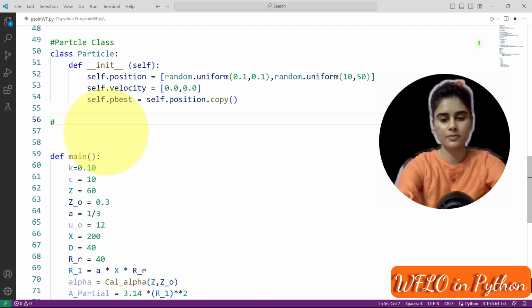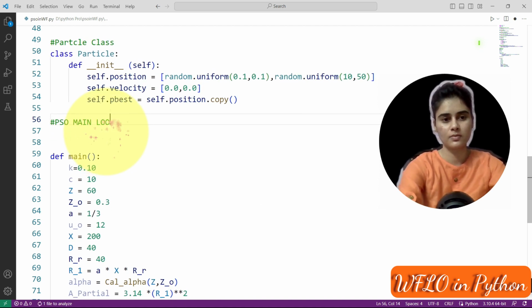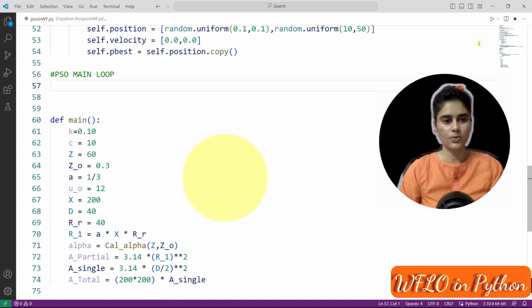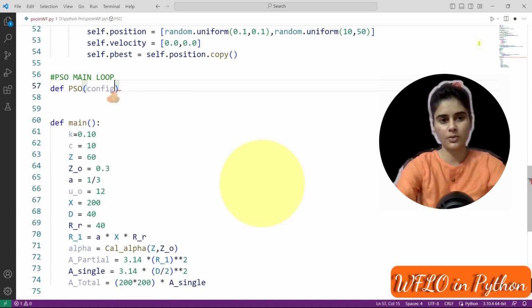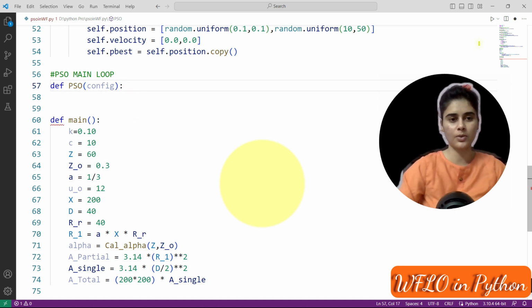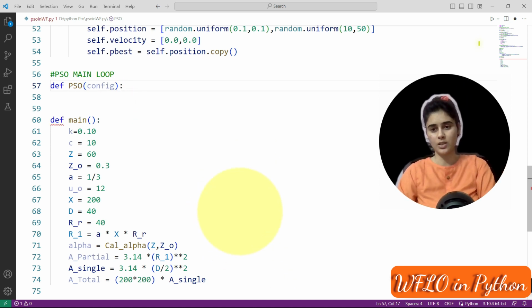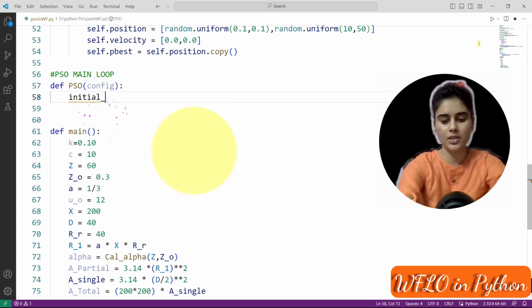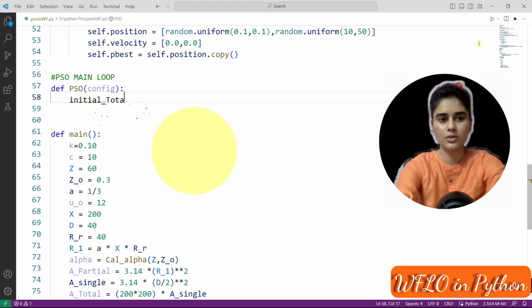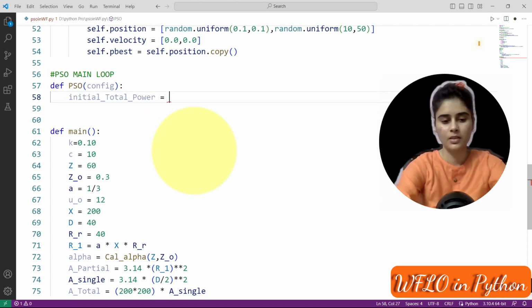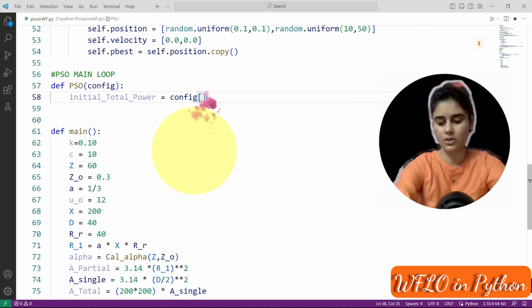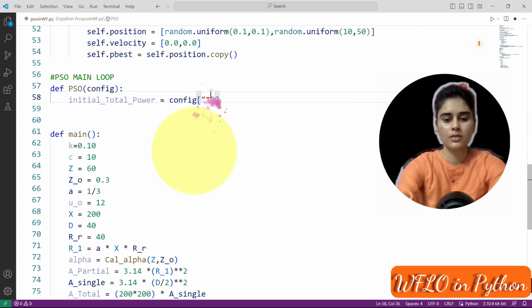Main loop for PSO. First we have the main function for this config. Here we will create a dictionary for the values that we will use in the calculation in this algorithm. Initial total power is config total power.